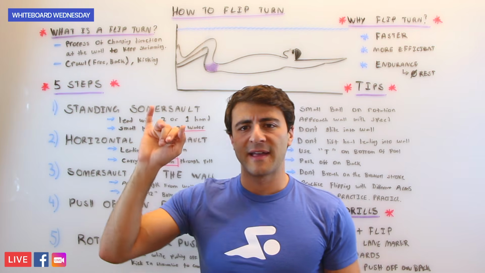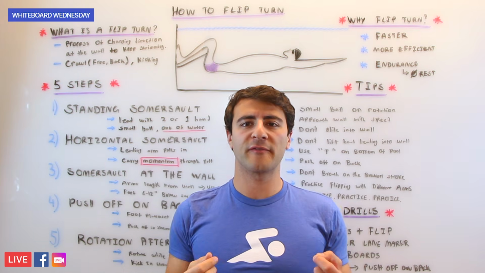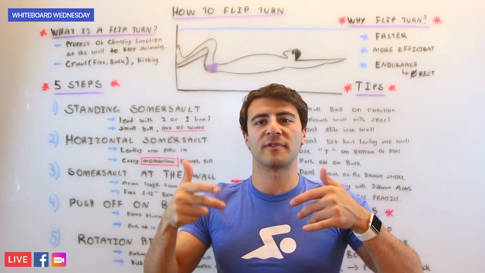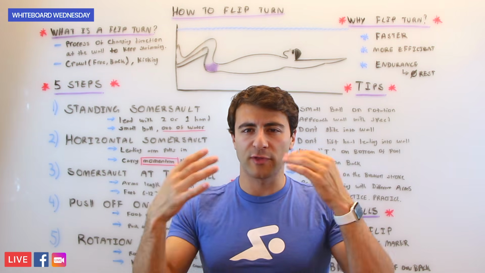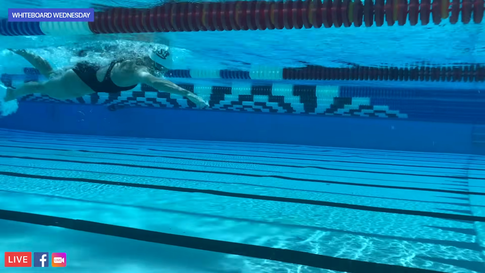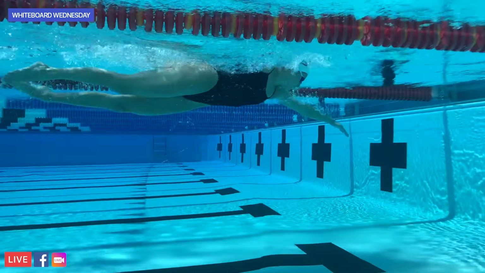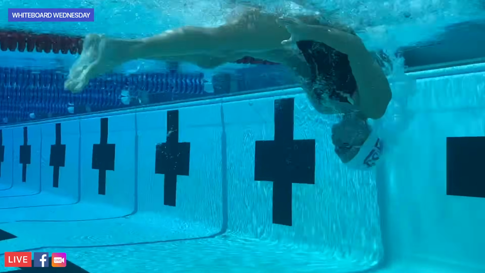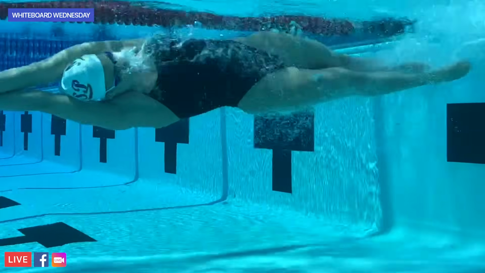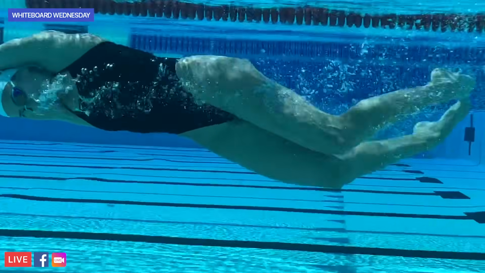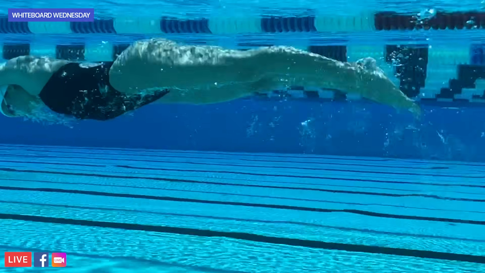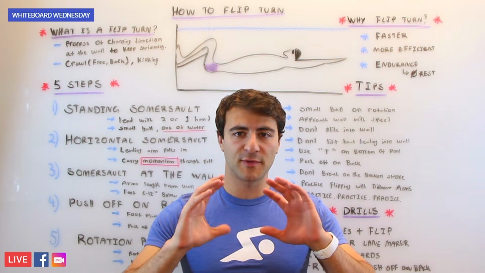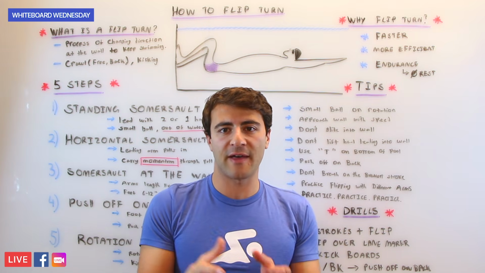And I should back up. On step 1 and 2, it's really important that you're comfortable blowing bubbles out of your nose. A big challenge a lot of swimmers have is they get water up their nose. You have to be comfortable with a humming sensation. So it helps to just go underwater and relax and just hum and get that feeling of pushing out air through your nose, because that's what you're going to need to do when you flip. You're going to need to blow out your nose. And the more you do it, the more controlled it's going to get and the easier it's going to be for you.